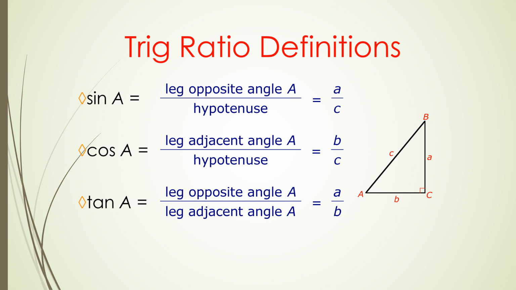By definition, all these trig functions are just ratios. That's it. Don't make it more complicated than it has to be. They're ratios between the sides of a triangle. These definitions on the screen are all based around angle A. However, we're not just going to work with angle A, we're going to work with angle B, and angle X, and angle Y, and angle Z, but you get the general idea. Now, let's explain the terminology here. From angle A,